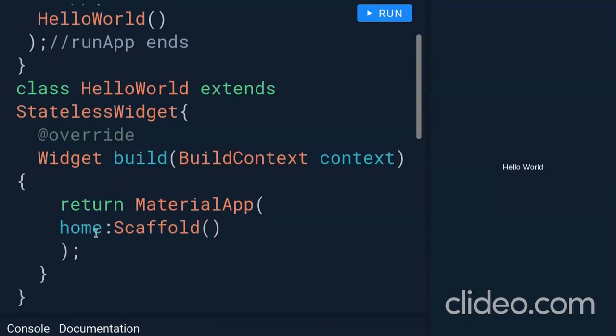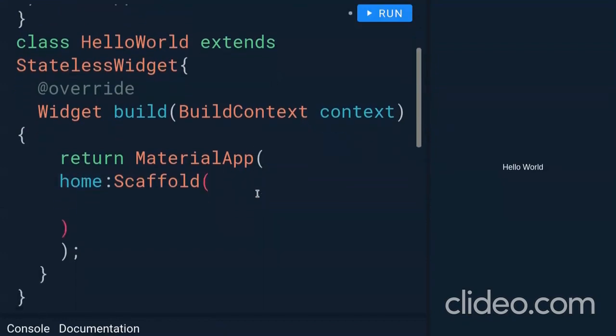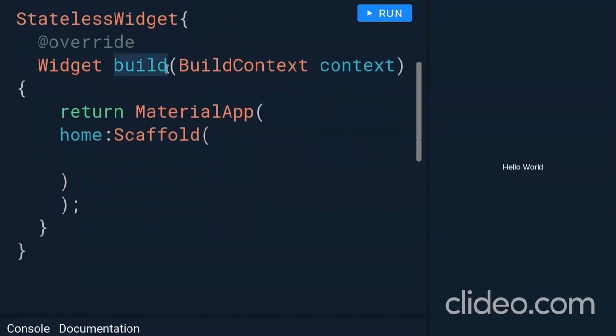Inside the material app, we have to specify what our first screen will be, what the home will be. So it will be a scaffold widget. Basically, inside the build method, we just have to compose our widget tree, which will be the user interface. So here, I will note down the endings. Material app is ending here. Scaffold is ending here.